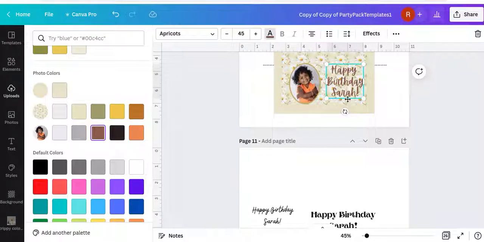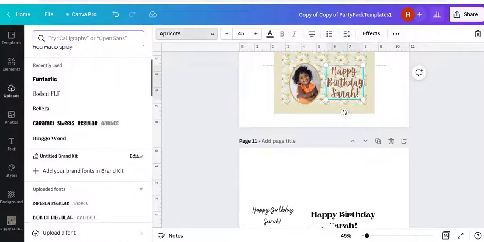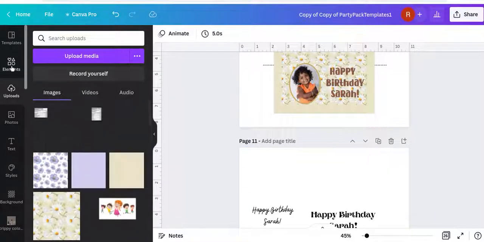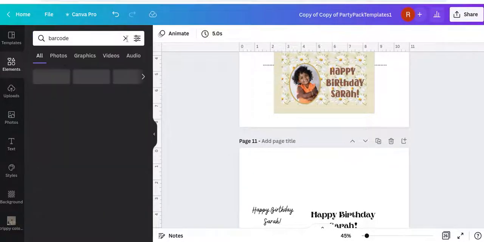If you find that you don't like that font because of the background, you can still go in here and click your font, and you can still change it to whatever you want. So let's say we like that one, just for argument's sake. Let's say we're happy with this design, and now we're gonna go to elements, and then we're gonna go to barcode,